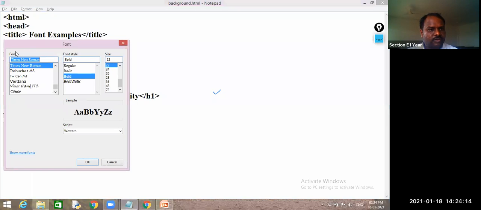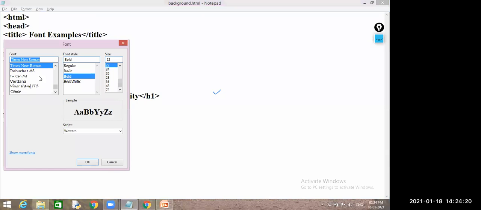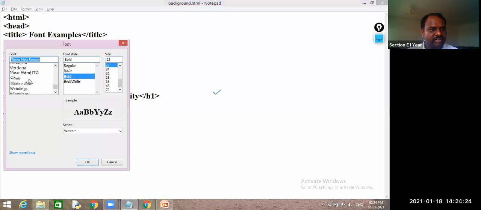See, wait. Here, can you see this font column? Can you see these font columns? Yes. So among that, you can select anything. So we will select one different thing. This is somewhat different. So I will go for this one. And to copy this one, just go for copy.